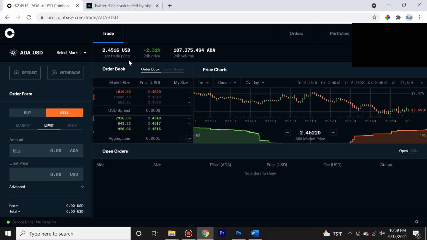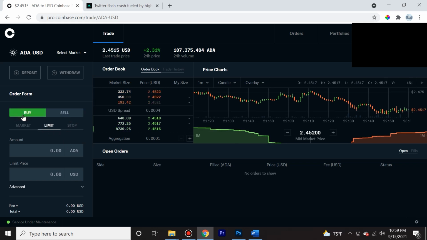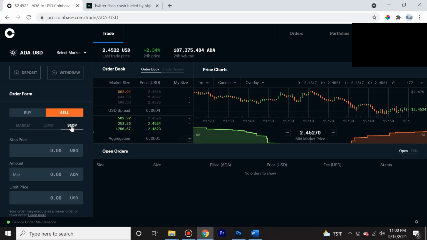And if I don't want to just stay awake and stare at a screen all day, I can ensure this by creating a stop limit order for selling Cardano. And how do we do that? So we go over here to sell. See, there's a buy and a sell. We click on sell, we click on stop. Now, the stop price, since I don't want it to go below $2, I'm going to set the stop price